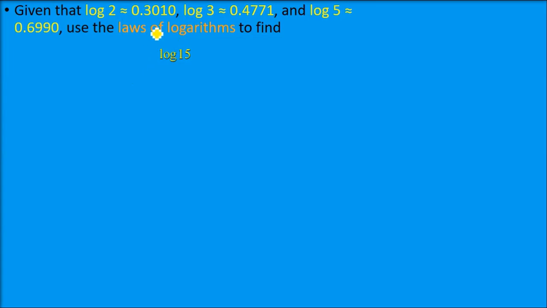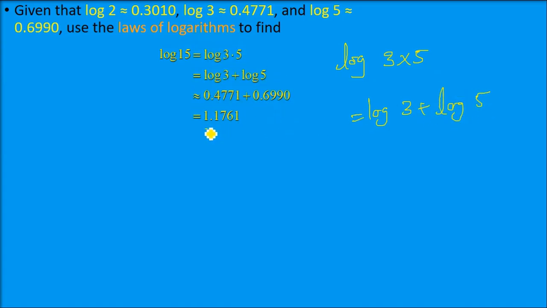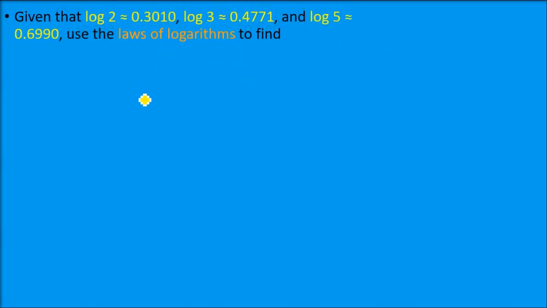So let us take an example on these laws. It is given that the values of log 2, log 3, log 5 are known. We have a proper logarithm table, so we can find them from there. Log 15 can be written as log of 3 into 5. So log m into n is log m plus log n, so log 3 plus log 5. The values of log 3 and log 5 are known. Add them, and you will get the value.